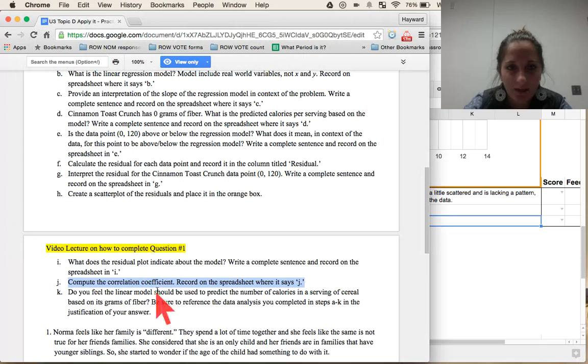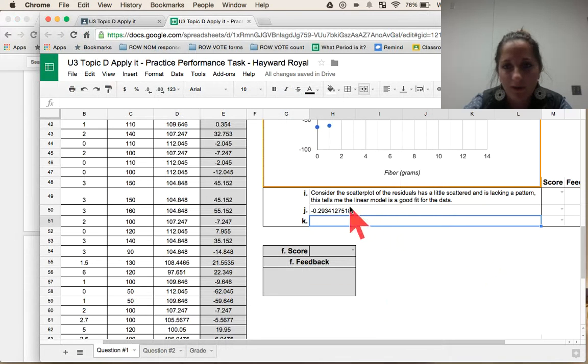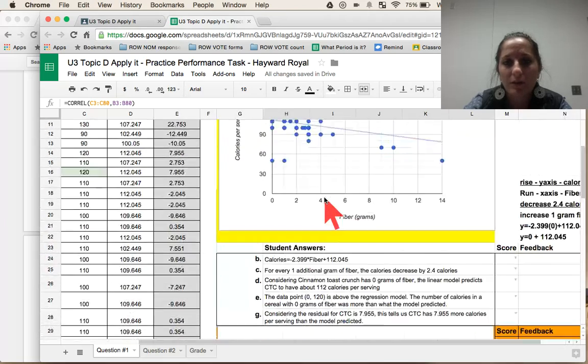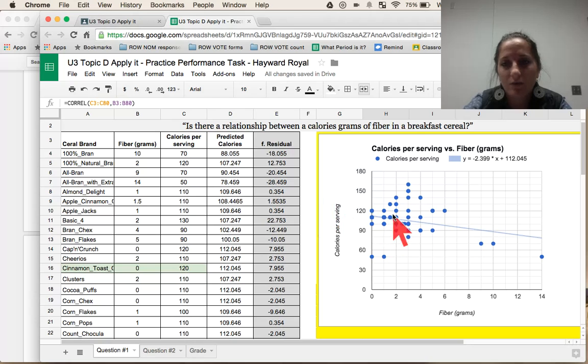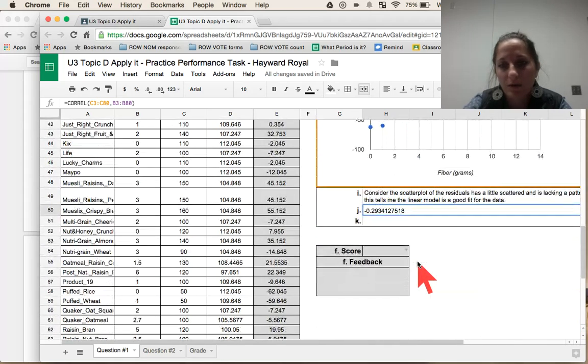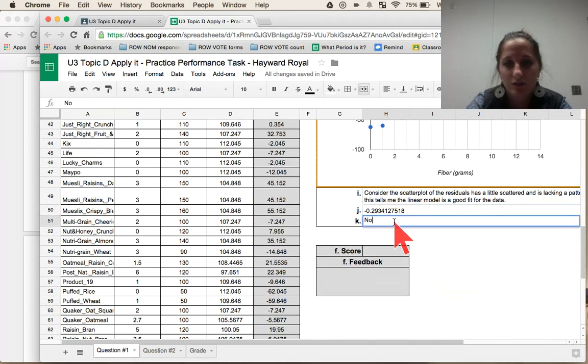Okay, cell K. Do you feel the linear model should be used to predict the number of calories per serving based on the number of grams of fiber? Based on this correlation coefficient, I absolutely do not think we should use the model, because remember, the correlation coefficient tells us how good of a predictor this is. And the fact that it's negative, let's just say negative 0.3, means that it's a very, very weak relationship. And so my answer to this question is I would not use the linear regression model